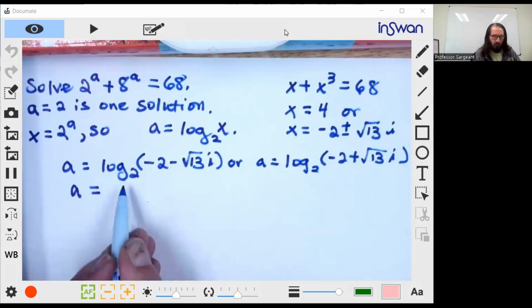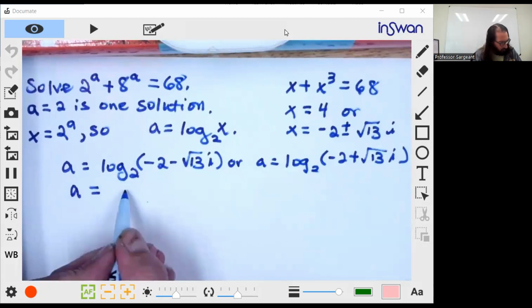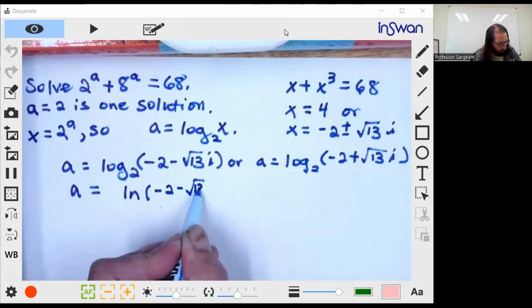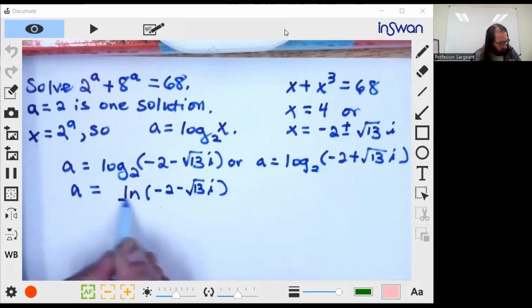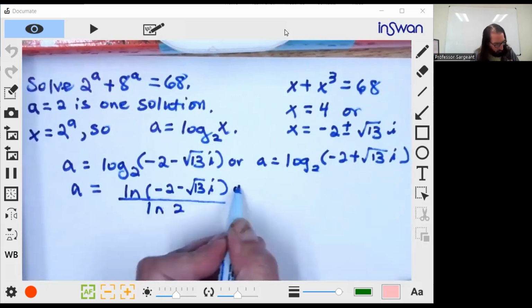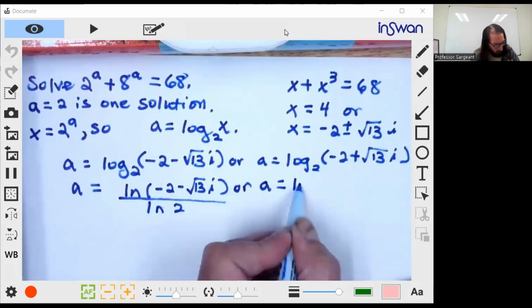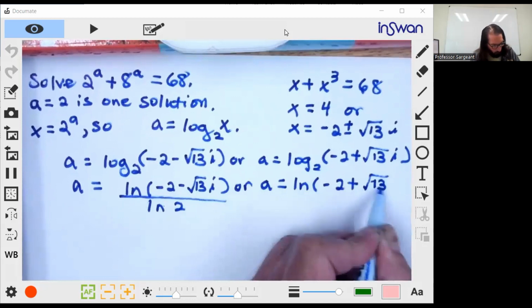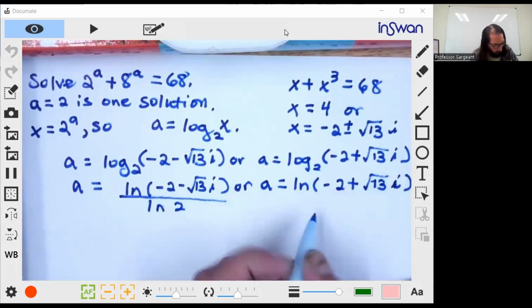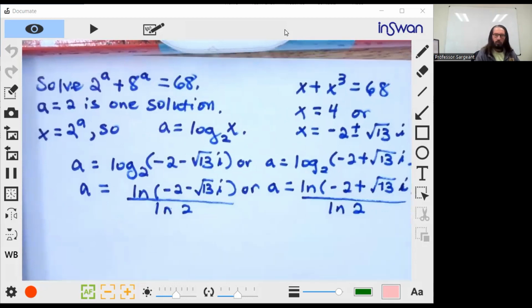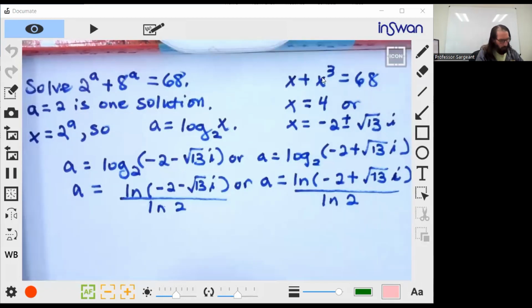I'm going to rewrite this using the change of base. So we've got a natural logarithm here. Divide by the natural log of the old base. And then what? Well, first off,